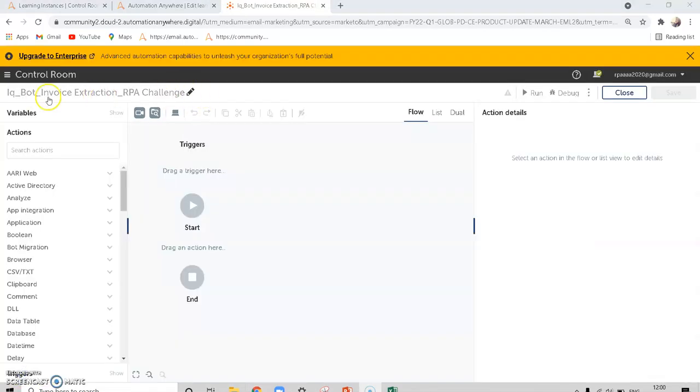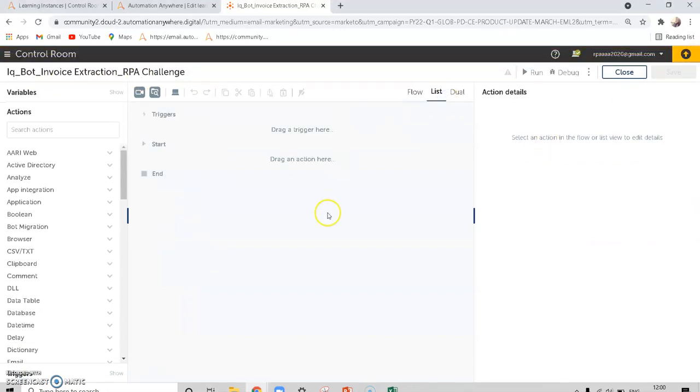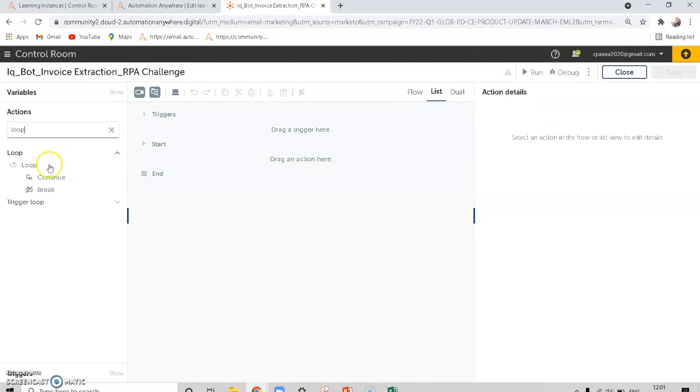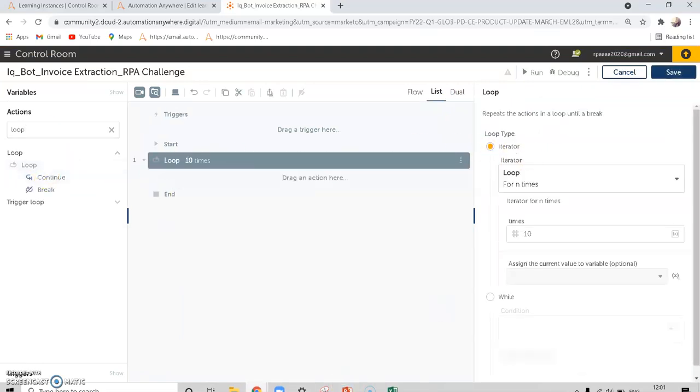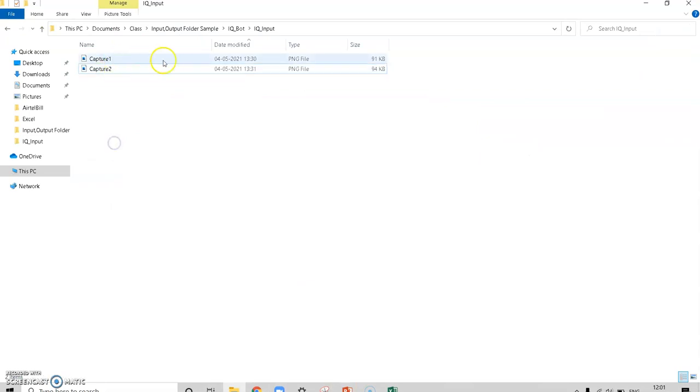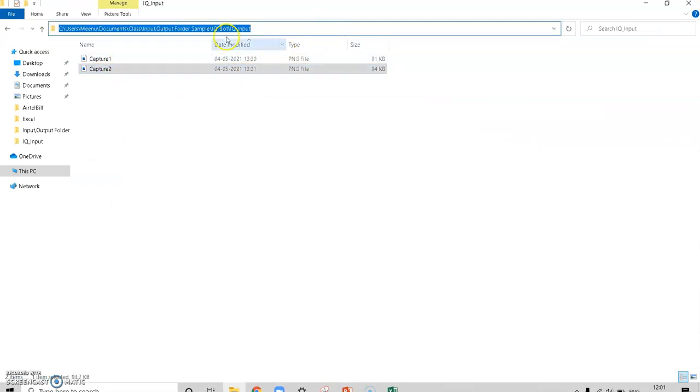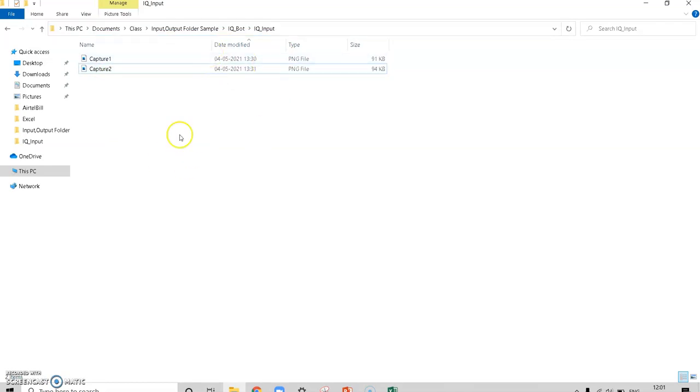My taskbot name is IQBot Invoice Extraction RPA Challenge. Okay, we can go to the list view. Here we have to loop through each file in a folder. Why? Because this captured one document and captured two documents in a separate folder, and make sure it's in a separate folder.